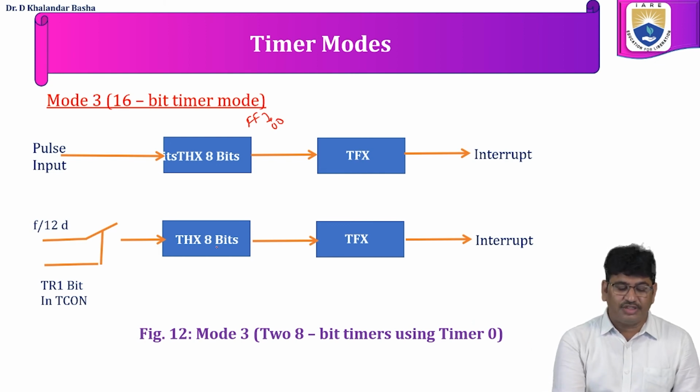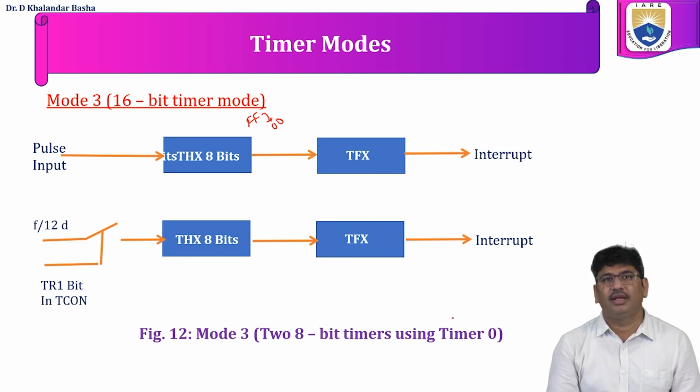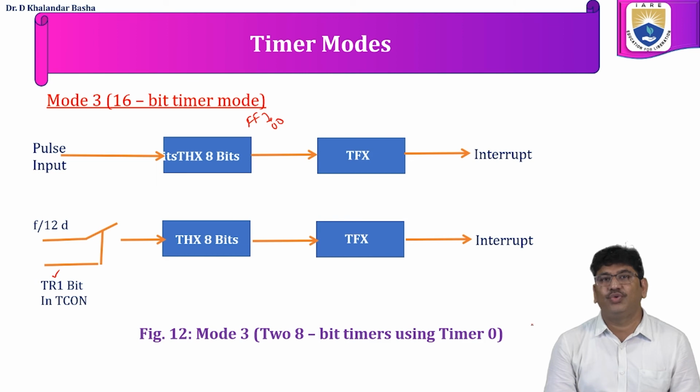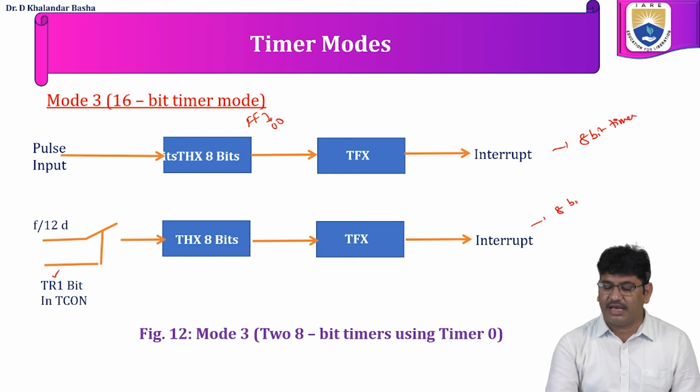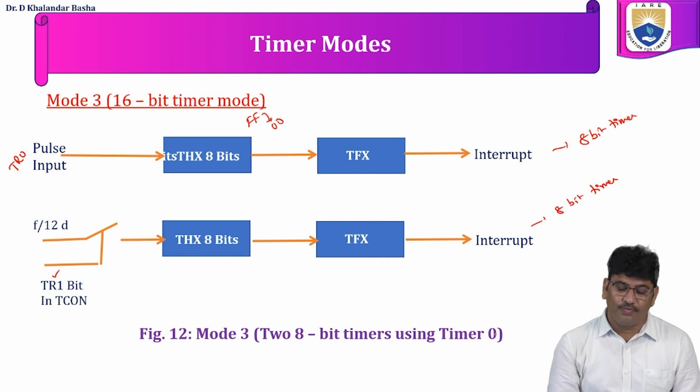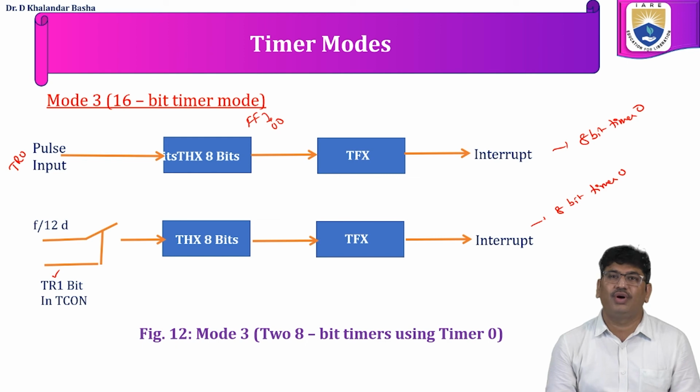The other 8-bit register which we can use with the oscillator frequency divided by 12 with the control of TR1. Even though it is for timer 0, the TR1 bit is used for controlling this timer. So this will act as one 8-bit timer and this will act as the other 8-bit timer. The first 8-bit timer will be controlled by TR0. Even though it is timer 0, the TR1 bit is used for controlling the timer 0 in the split timer